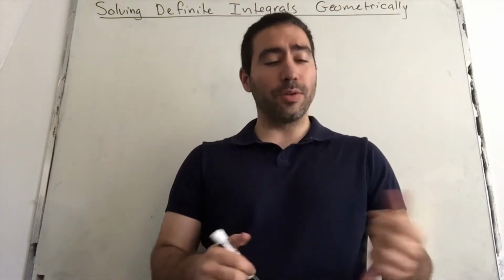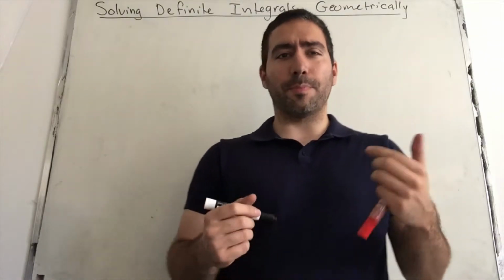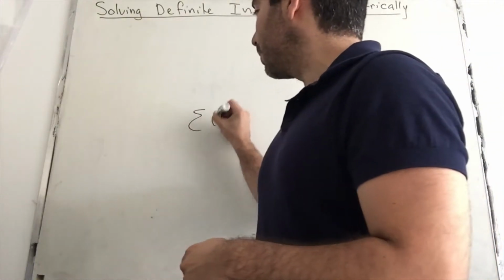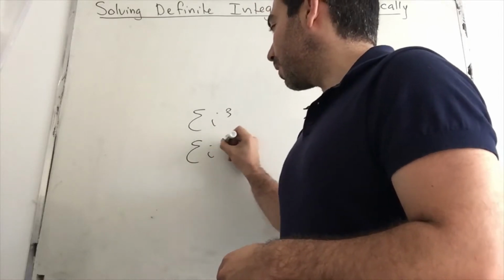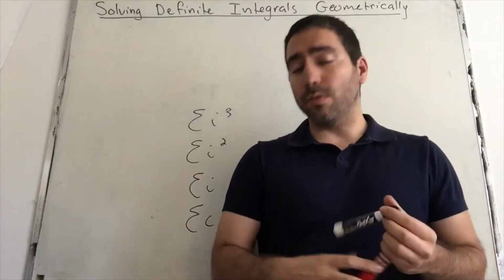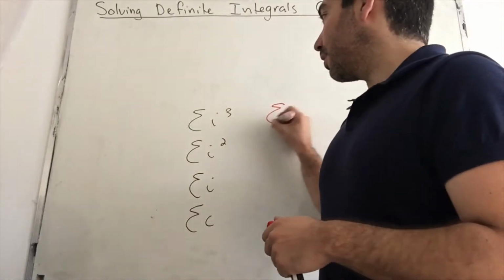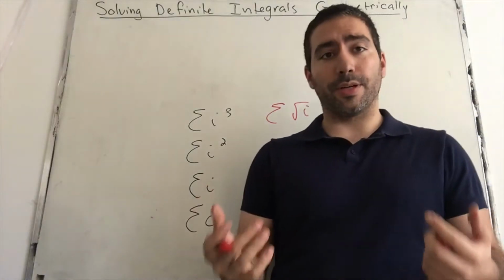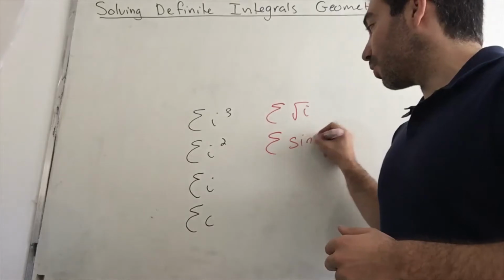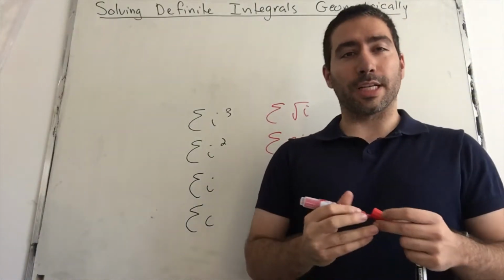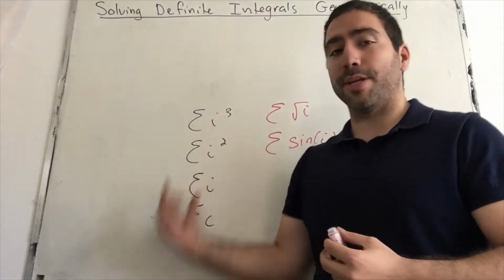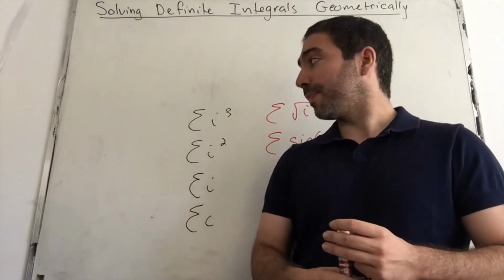So up until now, all we know is how to integrate definite integrals which have polynomials of degree 3 or less, because we have summation formulas for i cubed, i squared, i, and for constants. But we don't have summation formulas for, let's say, square roots. So we don't know how to integrate square roots. We don't know how to integrate, let's say, sine or cos of i, or exponential functions or logarithmic functions. We're not able to do that because we don't have the summation formulas in order to integrate them,